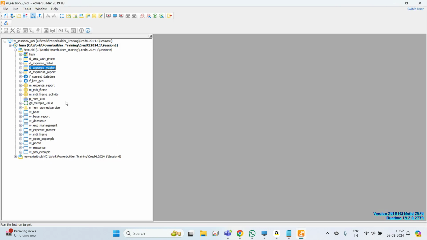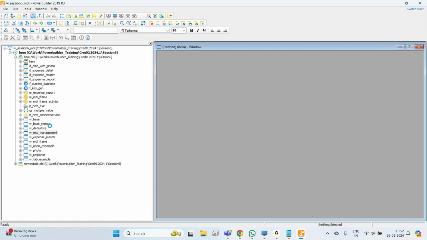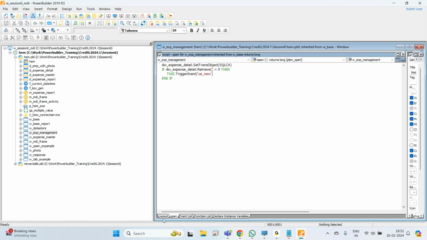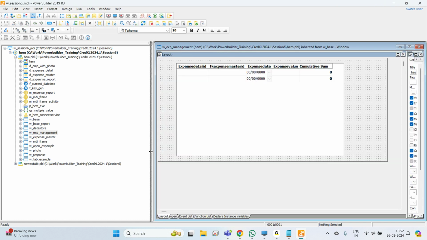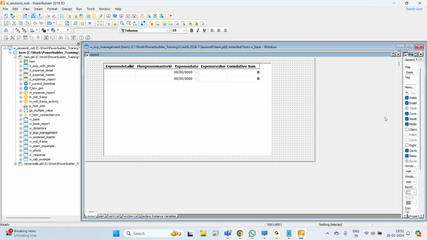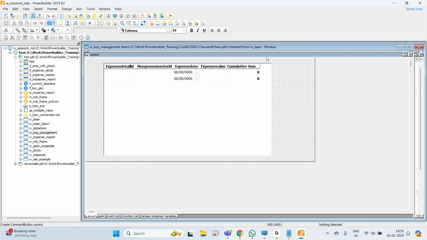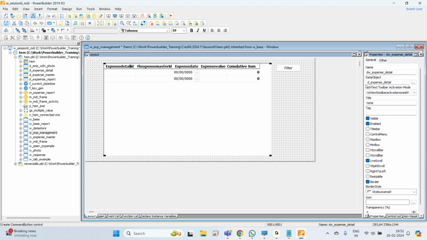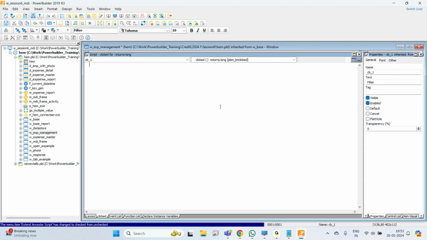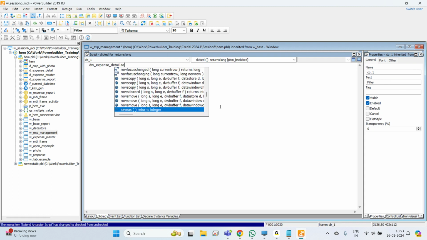Okay, now go to the expense management, this one, and let's create a filter for this. Create a button here, and I'm saying filter. What I need to do here, first I need to set a filter for this DataWindow dot SetFilter,